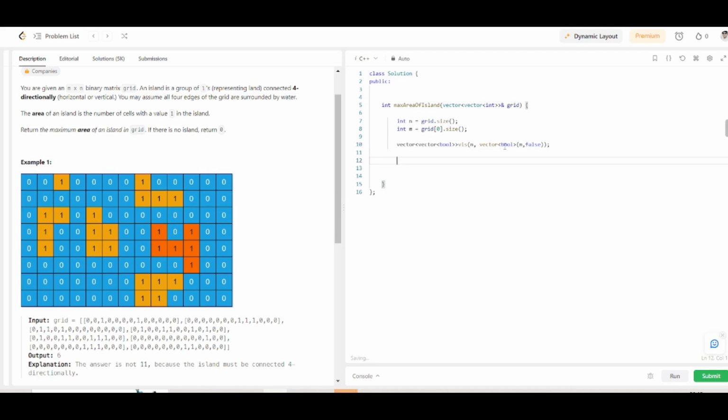Okay, so now let's iterate over all of the cells of the grid, right? So let's start iterating. So let's first declare an answer variable in which the final answer will be stored. Answer is equal to 0, and